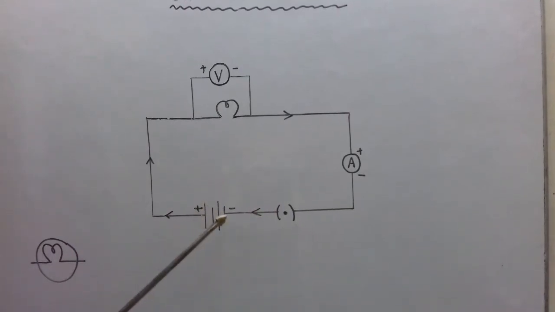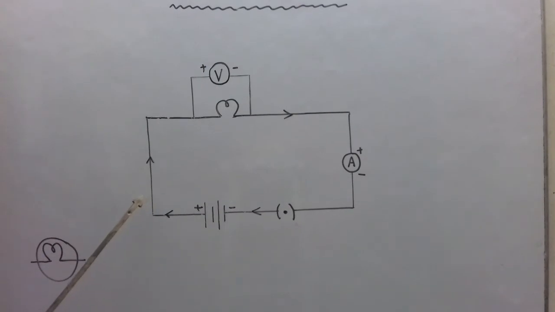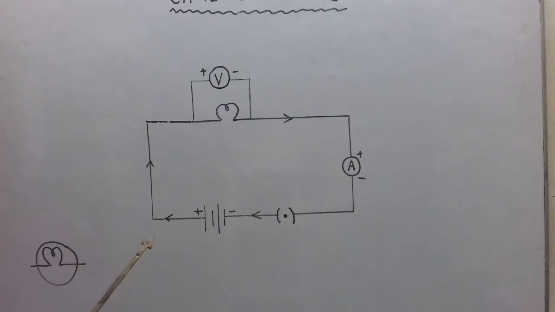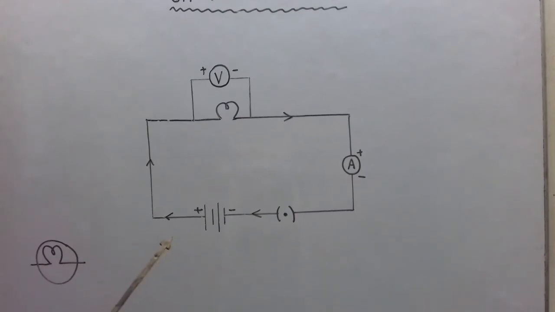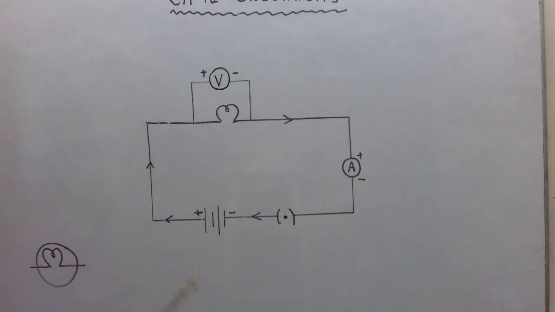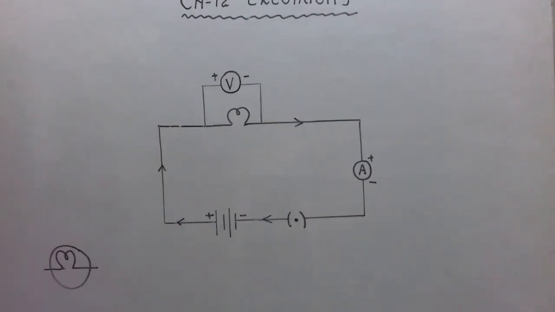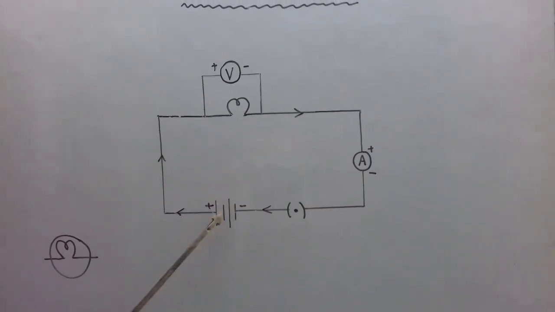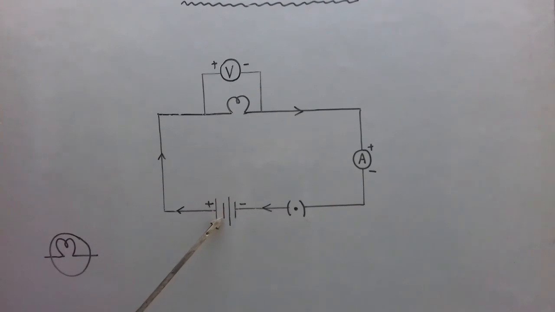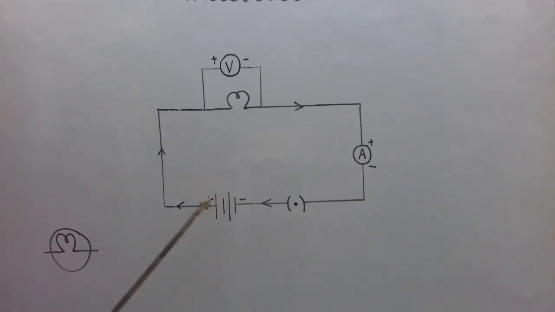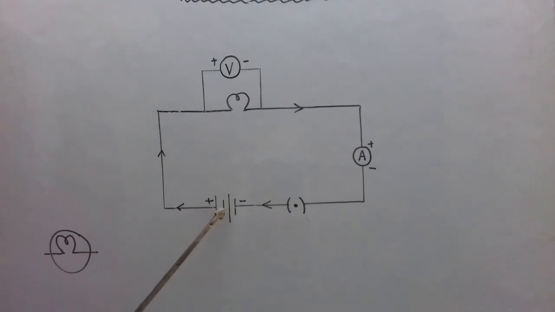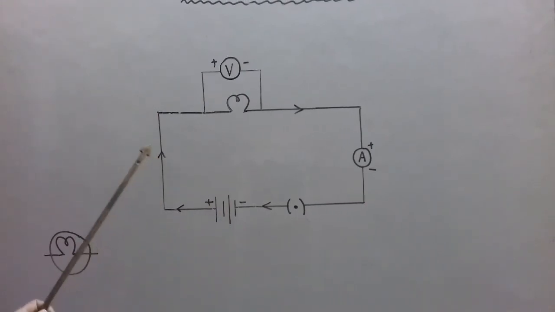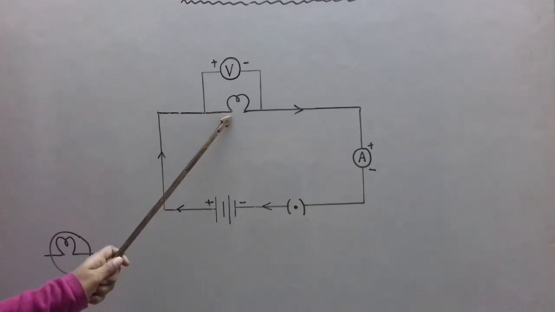And remember this potential difference, as in the part 1 of the video we have seen, to have water current in the structure as we have shown, we should have a motor, some device which will maintain the water level difference on the two sides. Similarly here, to maintain the potential difference, the chemical energy of the cell or battery is used. So in this case we can say the chemical energy stored in the battery gets converted into electric energy, and it gets converted into heat energy and light energy of the bulb.